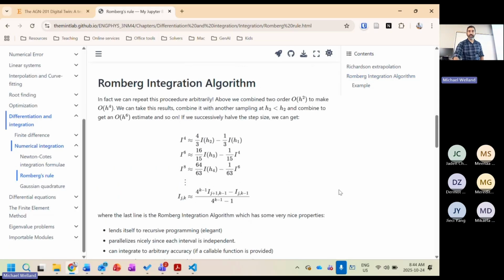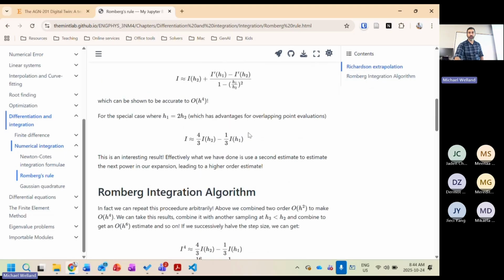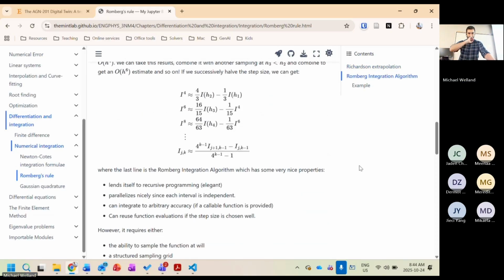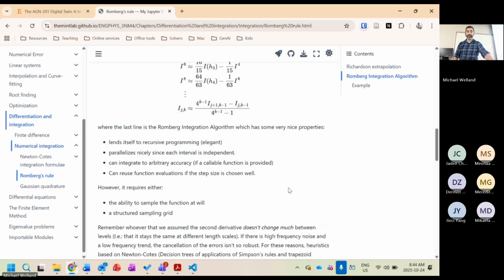So you can do this over and over again. If you keep to this rule that H2 is roughly half of H1, this factor of 2, you end up being able to reuse a lot of your data points, right? Even just the data points that you have here, you can use in all of your different calculations. You just keep track of them and use them again and again. It makes it very elegant. It's integratable to an arbitrary accuracy. And I already mentioned that last one there. However,